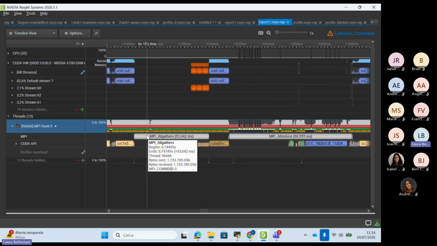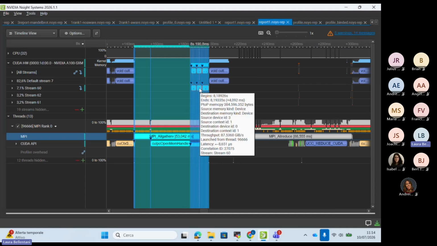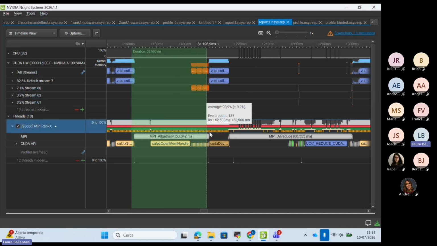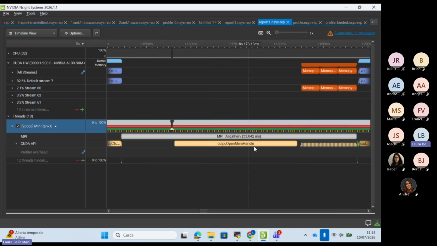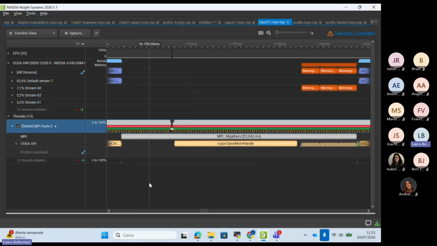And then you can see that now the Allgatherv is implementing peer-to-peer communication as well, which are these orange events here. You can also see, for example, that here the Allgatherv is spending a lot of time actually initializing something on the CUDA side. So this is another piece of information that you can get from the profiler. Maybe if you have some slowdown in the API, despite being aware, this can be related to some initialization done in the MPI by CUDA.